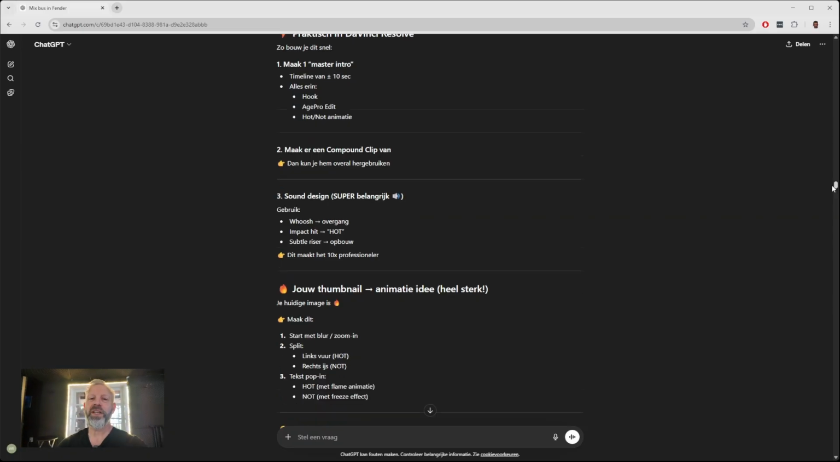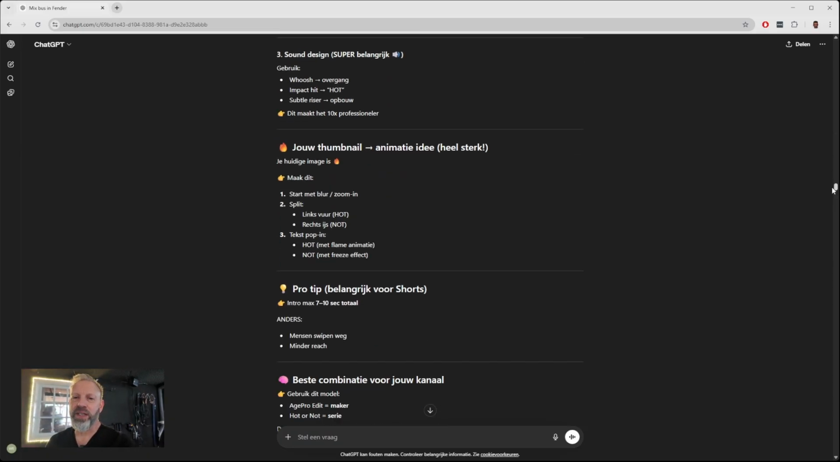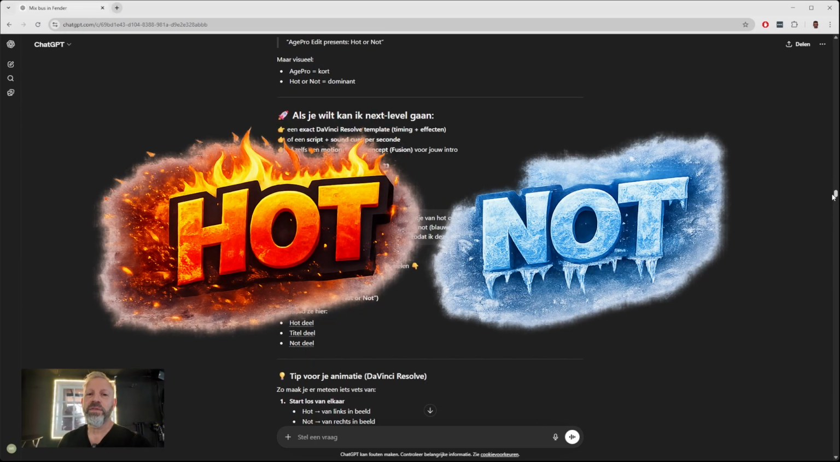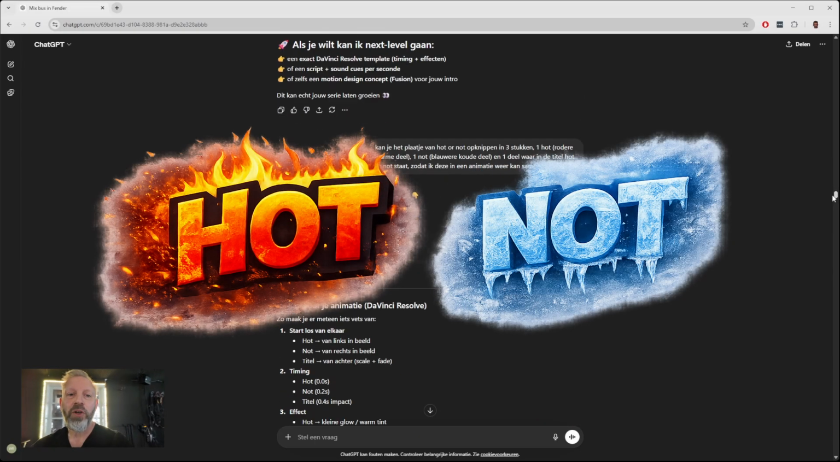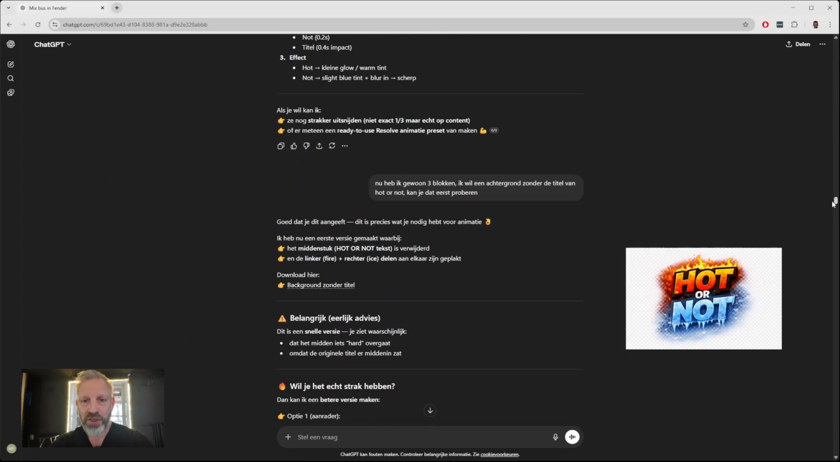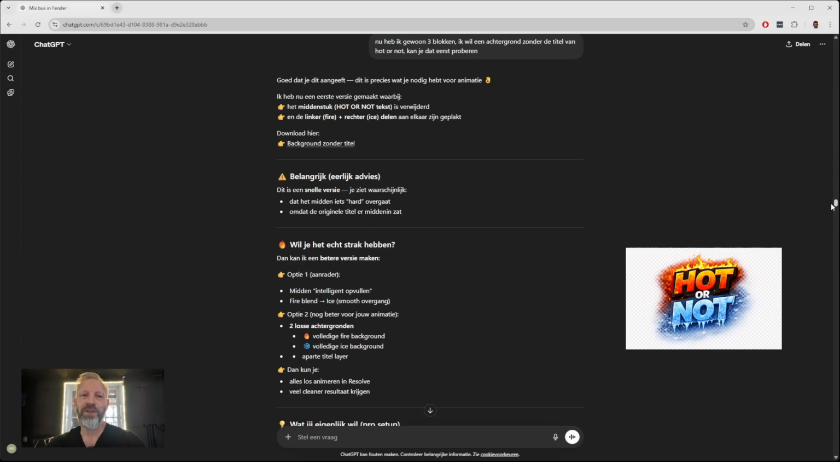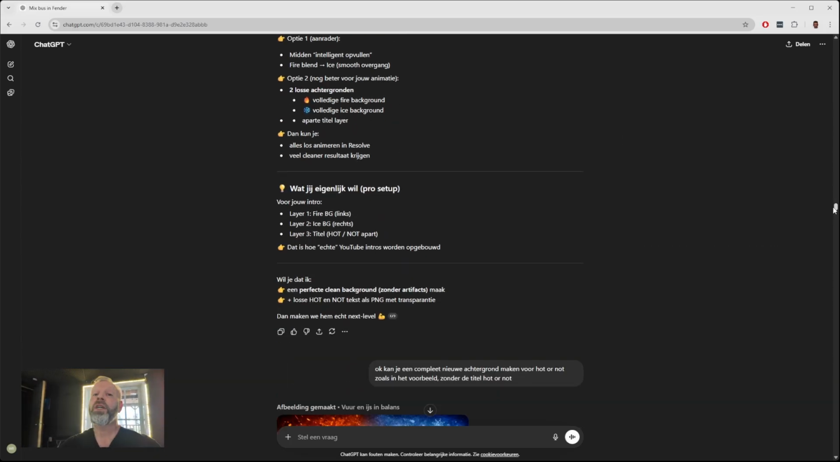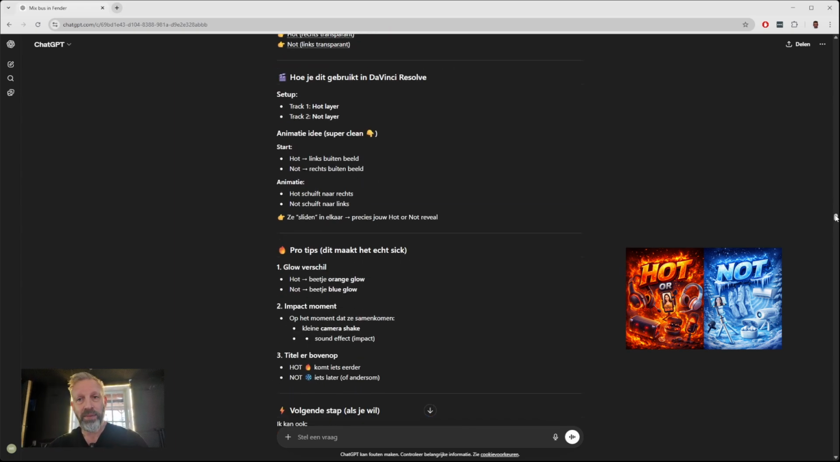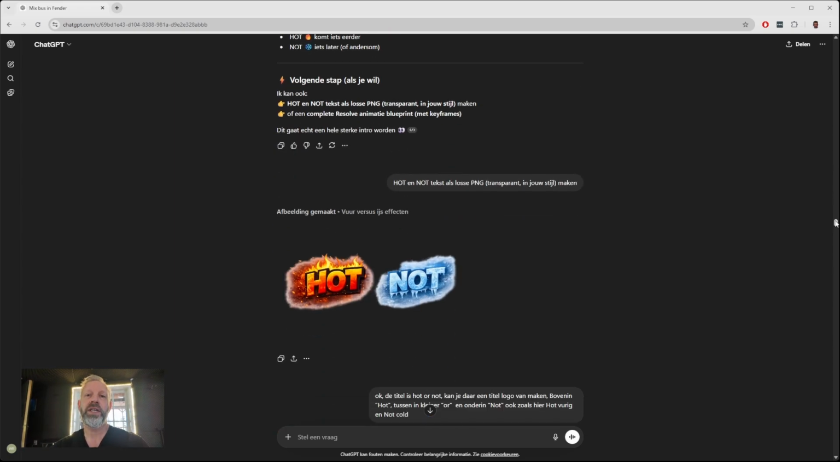I started generating images using ChatGPT, trying to get that perfect fire and ice look. And as you can see, the first results were not great. Some had backgrounds I couldn't use, others had weird compositions or just did not fit the style at all. So I kept iterating, tweaking the prompt, changing the layout, asking for transparency, splitting the images into layers, and honestly,